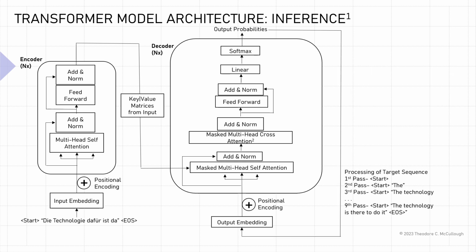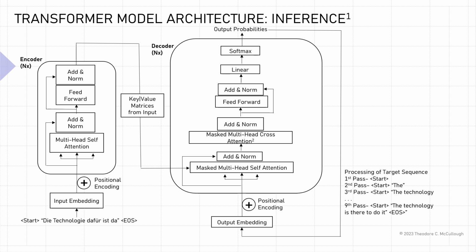Shown here is the transformer model conducting inference. The way this works is, for example, a query, such as a German language sentence, is passed into the encoder. From this query, a key value matrix or matrices are generated. These key value matrices effectively create context from which the English language sentence is inferred. These matrices are passed to the decoder, and the decoder basically starts inferring.